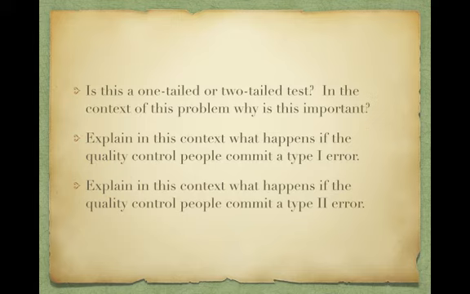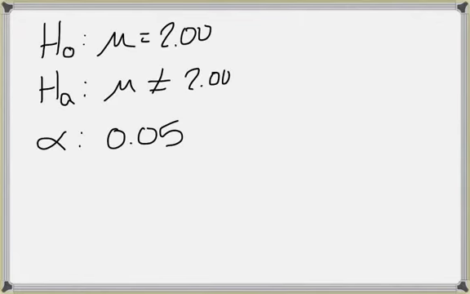Now, the second part, explain in this context what happens if the quality control people commit a type 1 error. Okay, so let's look at what our H sub O is. Type 1 is the null hypothesis is true, but we mistakenly reject it. So in this case, a type 1 error is going to be